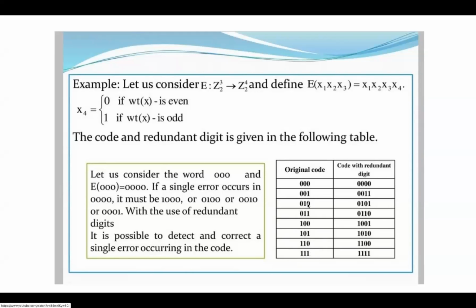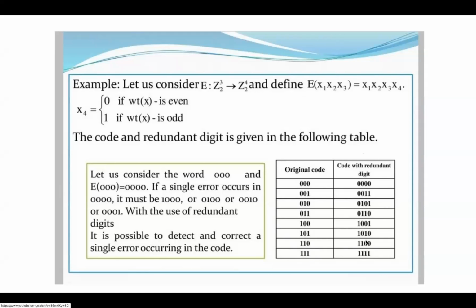We will see. What we have to consider is that x1, x2, and x3 will be the same here. In the code with the redundant digit also, you can see 0 0 0, 0 0 1. The first 3 digits are the same.